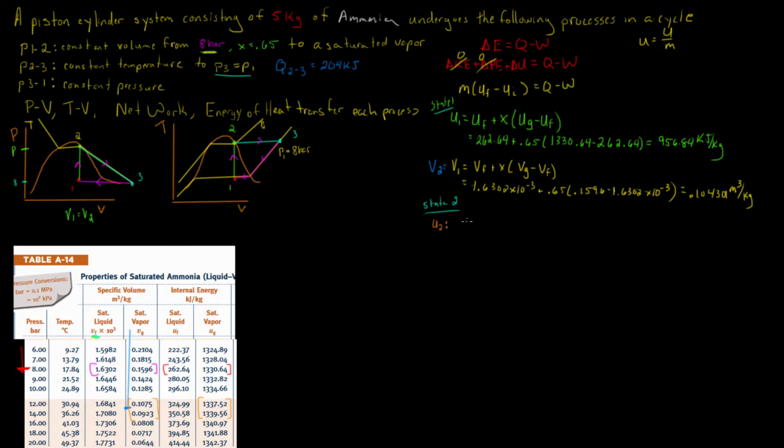and we're going to have (0.1075 minus 0.0923) divided by these two, (1337.52 minus 1339.56). Now this is going to be equal to, well, we want to find it at this volume, so (0.104301 minus 0.0923) divided by what we're looking for, so U2 minus